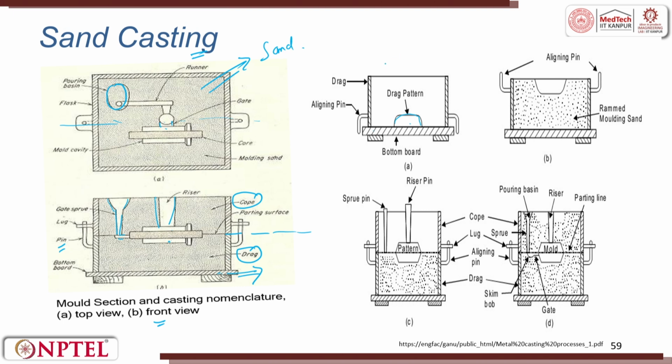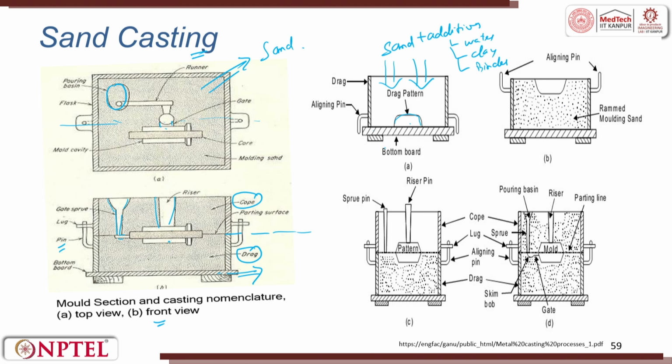and then what we do is we pour the sand. Once we pour the sand completely, we try to invert it, right. When we pour the sand, sand means it is not plain sand, it is sand with additives. The additives can be water, it can be clay, it can be any other binding agent, whatever it is. All these things get mixed and are dumped into the drag pattern. Once it is done, it is also rammed, so that we get a solid consolidation of the sand.